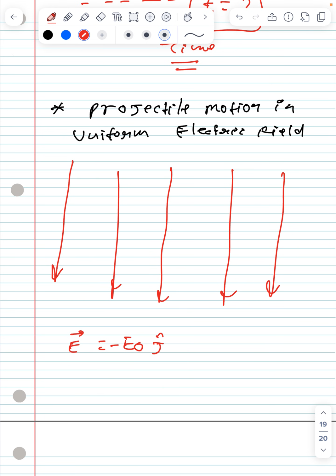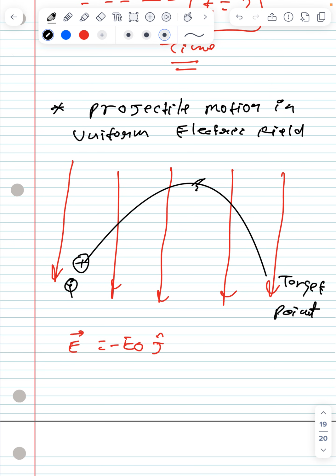In a uniform electric field, suppose that the electric field acts vertically downward, right? This is a uniform electric field, vector E equal to E naught j cap, along the negative direction. This is the value of the electric field, and any charge ball,